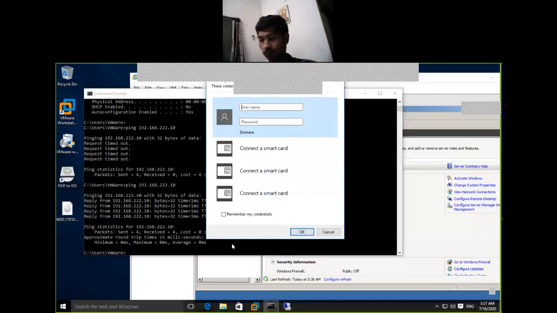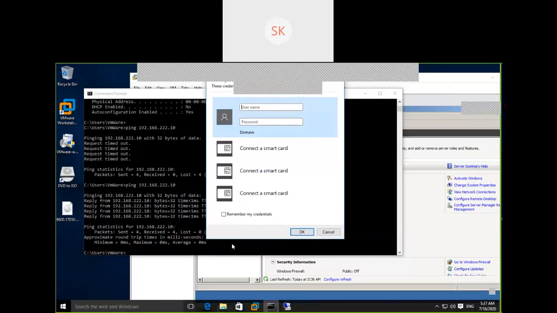So what are the things we did? We assigned the IP address. After that, we changed the firewall setting. After that, we enabled the remote desktop connection. Three parameters we changed on the server. Why do we need to change them? As soon as the server installation is completed, it is our responsibility to configure the server in such a way that we are in a position to access the server remotely. It is not possible to perform the server functions by sitting in front of the server.